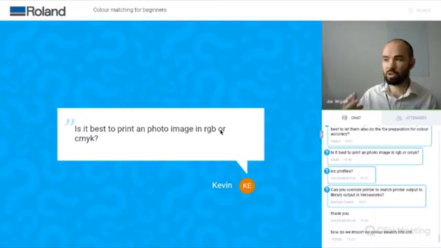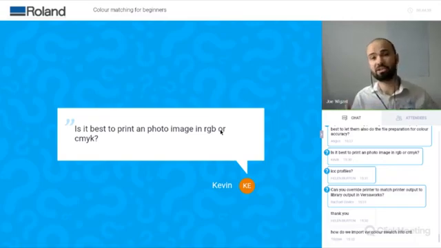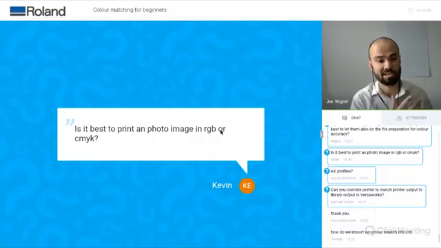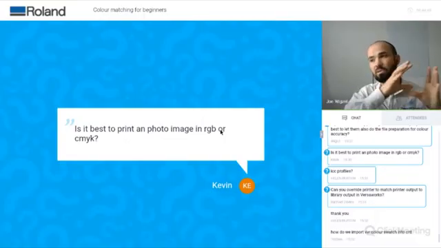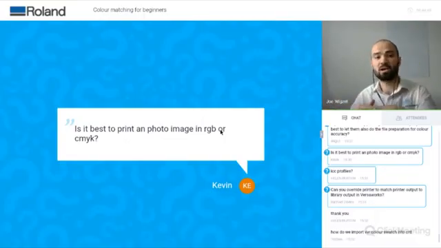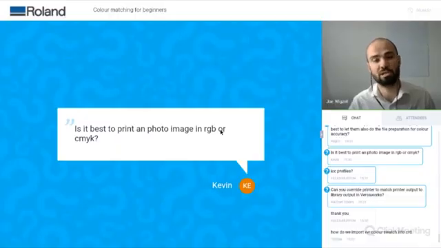So a digital camera, your phone, whatever it might be, will have taken that photo in RGB, which means there's a theory to say leave it in RGB, because that's its default color space. What color management can do within your RIP is convert from RGB into CMYK using a predetermined set of